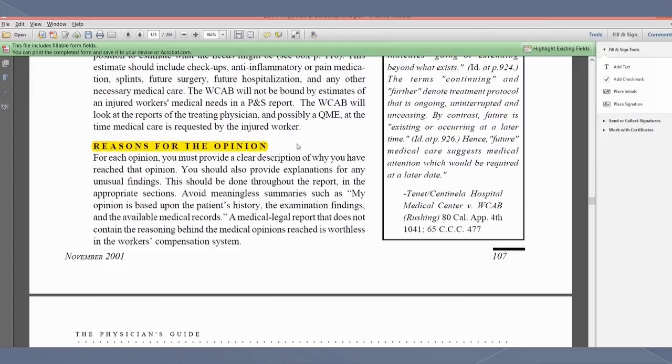And then finally, after all of that is done, there's still some work that needs to be done. You need to have a section in your report wherein you describe the reasons for your opinion. And here it's so fascinating. It says that for each opinion, you must provide a clear description of why you have reached that opinion. You should also provide explanation